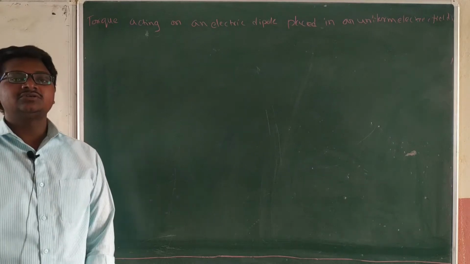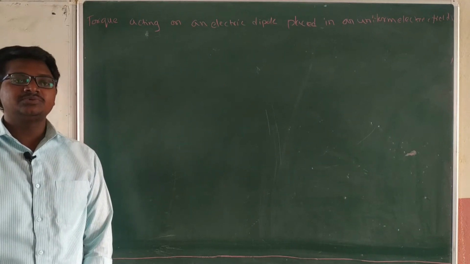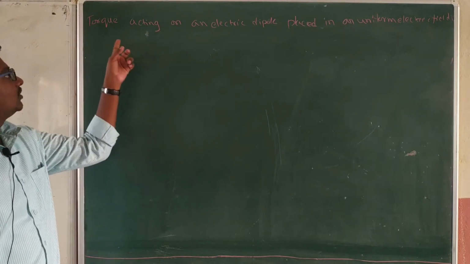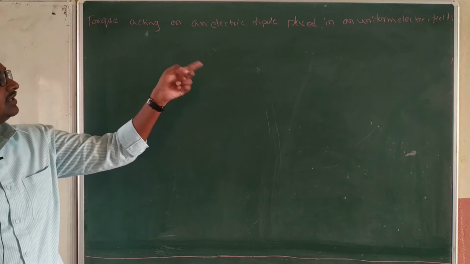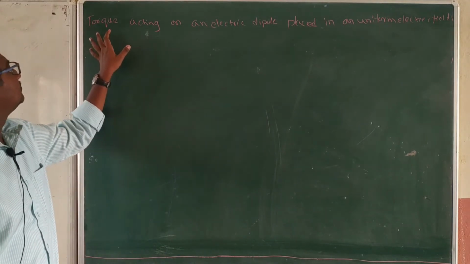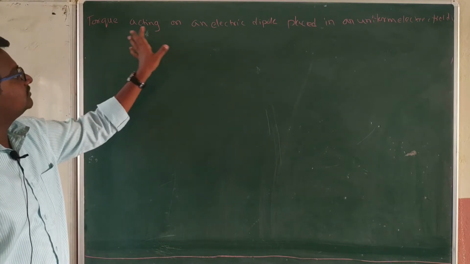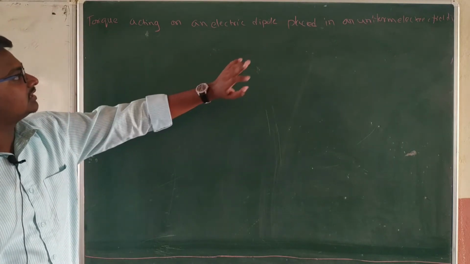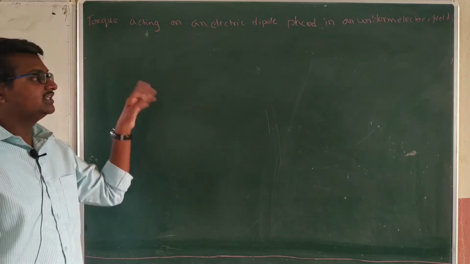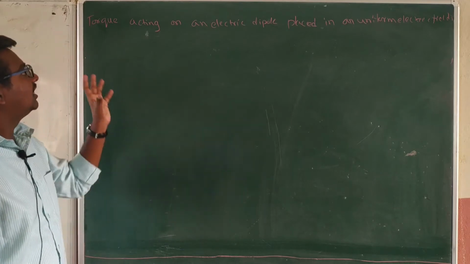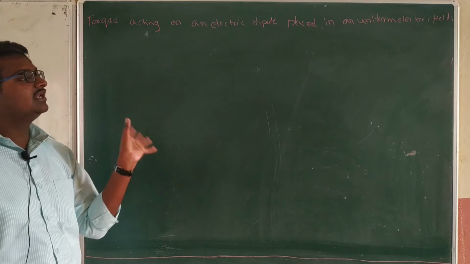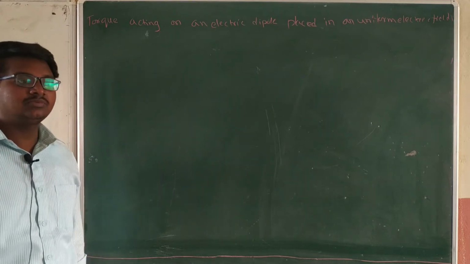Good evening, students. Today we will discuss the three major topics regarding electric dipole. The first one is torque acting on an electric dipole placed in a uniform electric field. And next, nearly the same, here we have seen a uniform electric field, whatever the torque which is acting on that. But next, potential energy of the electric dipole which is placed in a uniform electric field. These two are the major important topics that we see now.